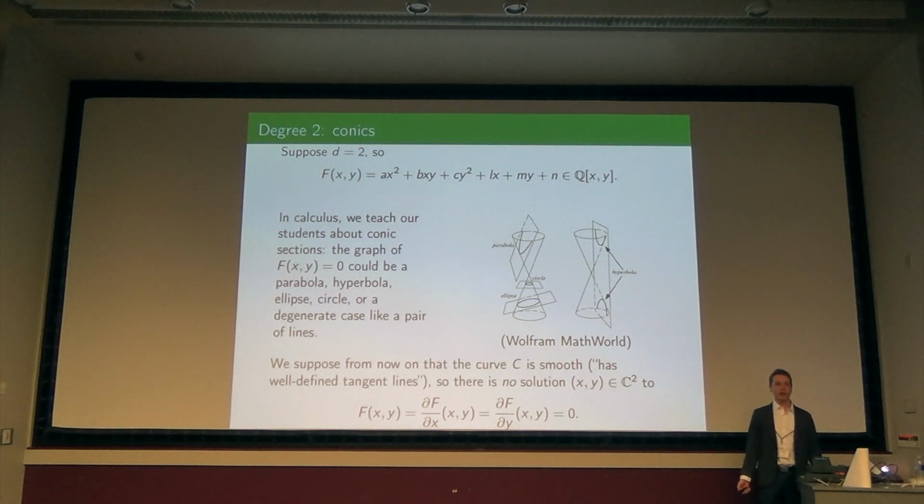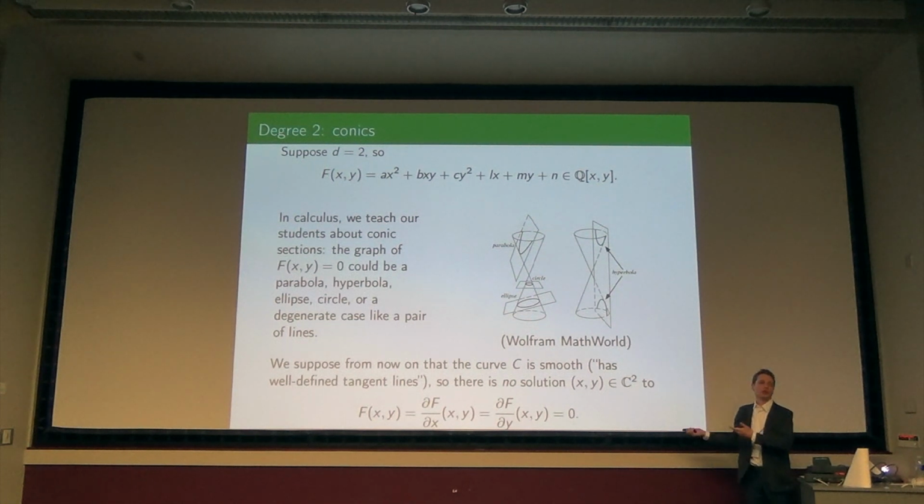is smooth. And that just means that if you have a solution, so if f of x, y is equal to 0, that would be a rational point on the curve, you want not both of these partial derivatives to vanish, because that would mean that there isn't a well-defined tangent line. The approximation to the expression f at that point is 0, or at least you need a quadratic term in order to express it. And as you know from calculus, it behaves really differently whether you're smooth or not. So I need to impose that smoothness condition to avoid some degenerate cases that will arise.